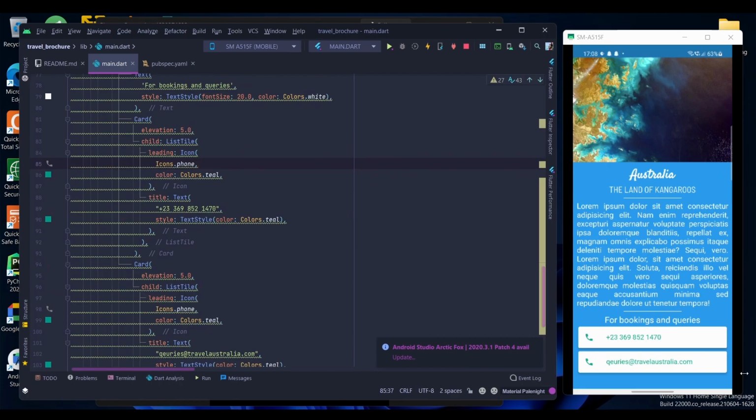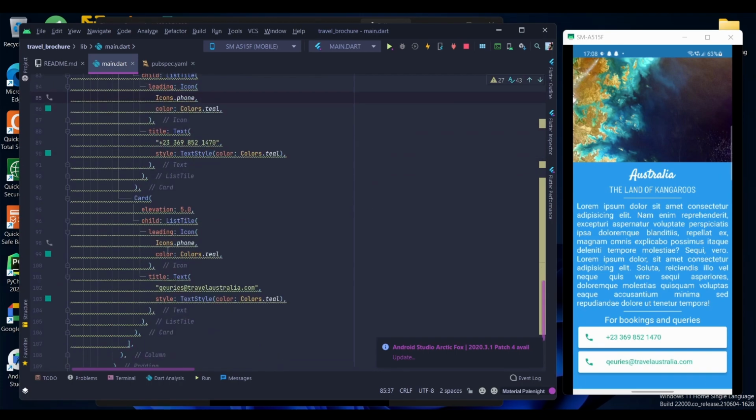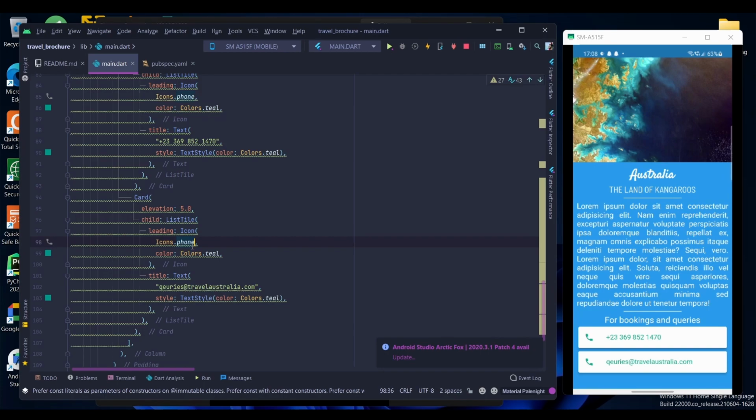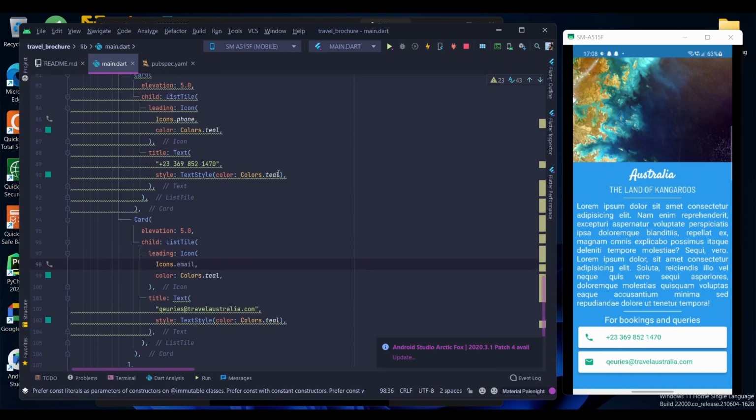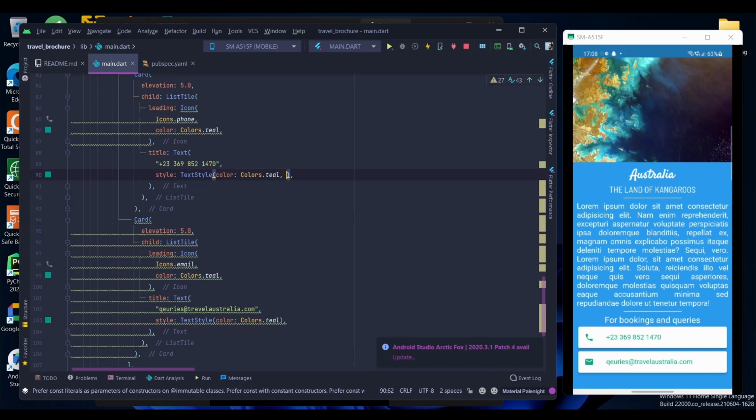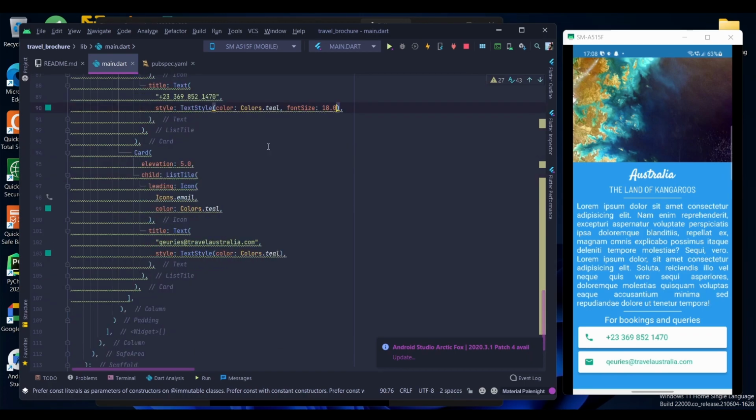Okay, we just forgot about the icon, so that's icons.email, and we want that a little bigger. Font size, and it's 18 pixels. Same thing for email.